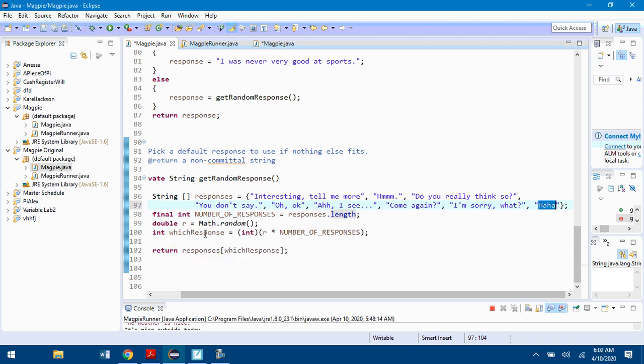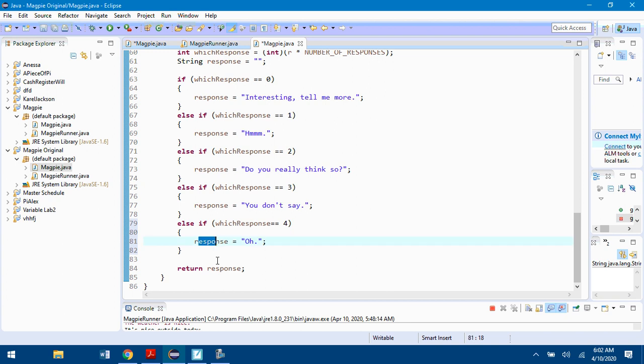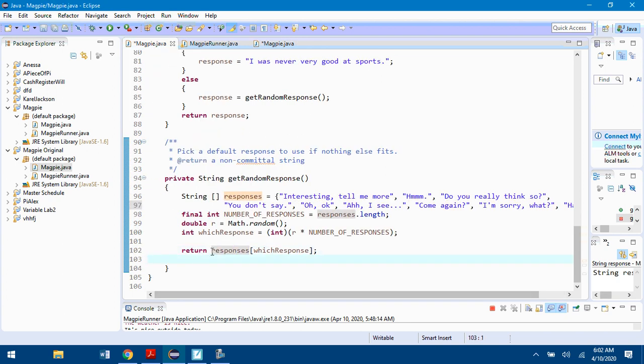I get my random number again, which response, and instead of returning what I did previously, which was one random response, I'm still doing that, but I'm accessing the responses array at whatever space which response gives me. Because again, how many are in here? What's the length? There's 1, 2, 3, 4, 5, 6, 7, 8, 9 of them now. So responses.length is 9. If I do Math.random times 9, that's going to give me a number from 0 to 8. So 0 to 8 corresponds to one of the 9 indices in here. So we'll access it right away and return it.